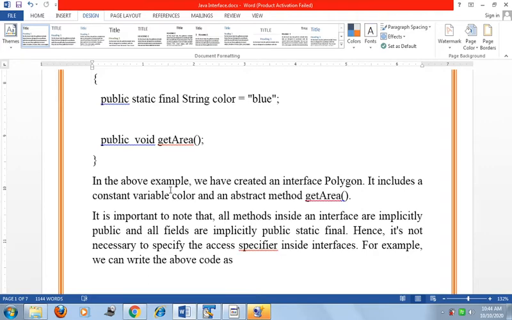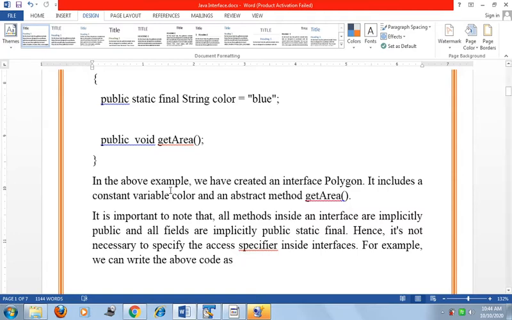It is important to note that all the methods inside an interface are implicitly public and all fields are implicitly public static final. Hence it is not necessary to specify the access specifier inside the interface.